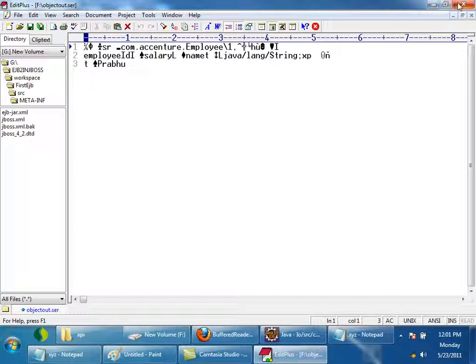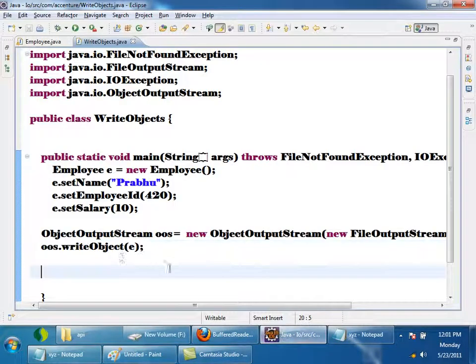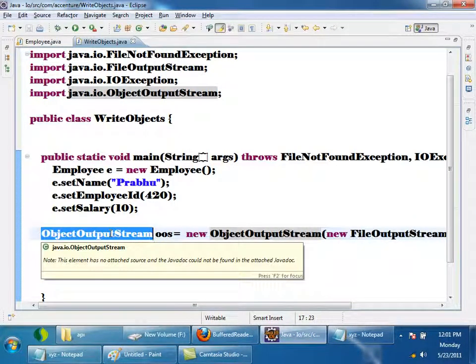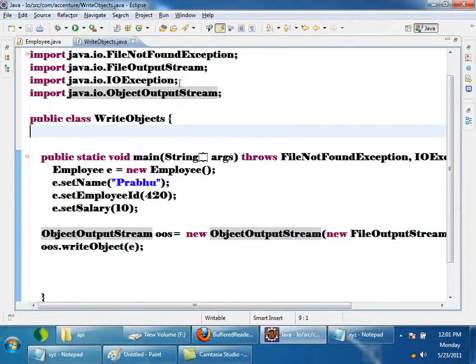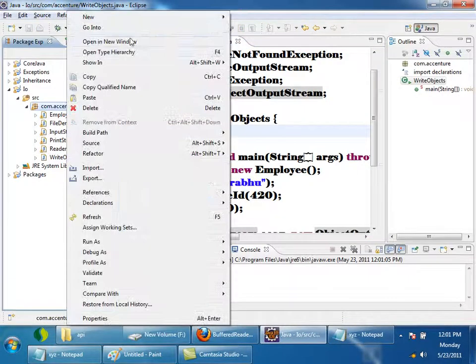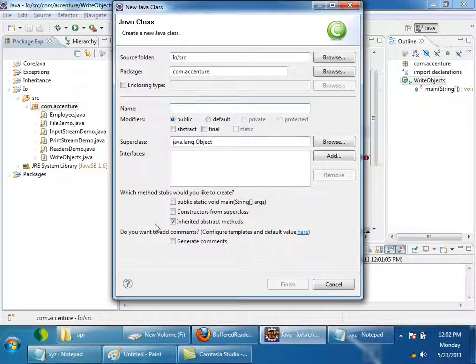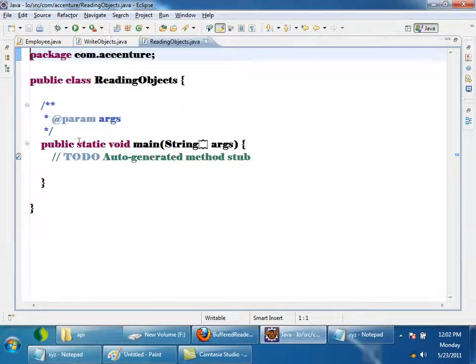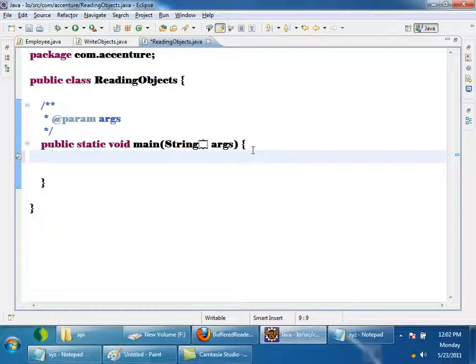Now for reading it, we have to write another program. ObjectOutputStream is for writing. For reading, tell me, ObjectInputStream. Now I serialized; I will write a separate program for deserialization. Clicking new class, ReadingObjects. Take main. New, for reading new objects,